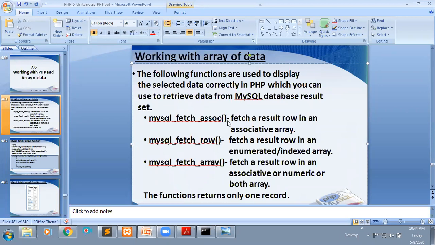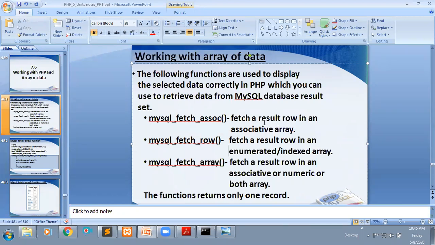If it is an associative array, it has some numeric, character or string as a key and the value is the specified value. For example, you can go for this function also, mysql_fetch_row. Internally, the data is retrieved in the form of an enumerated array or indexed array, because here the index you mention is numeric, starting from 0, 1, 2, like that. But here, the name of the column we will mention as a key.